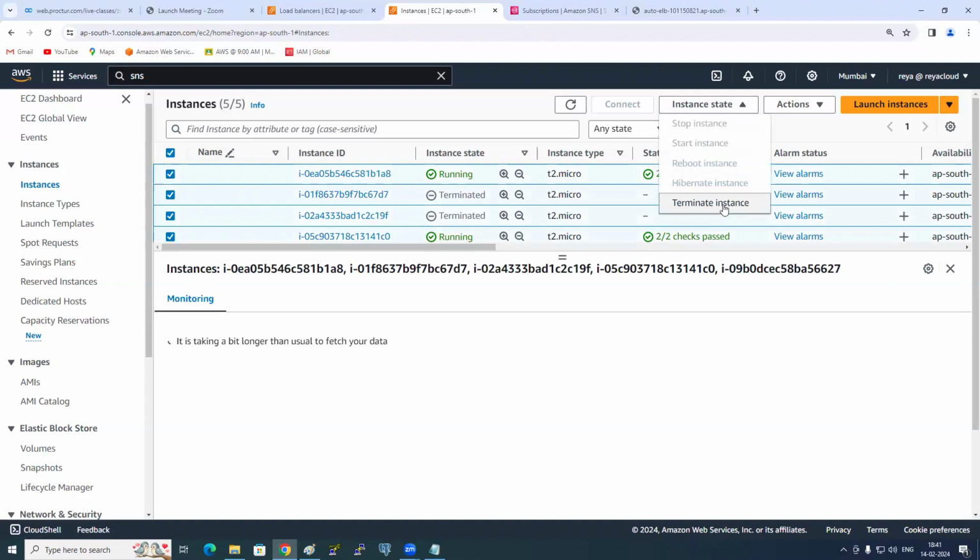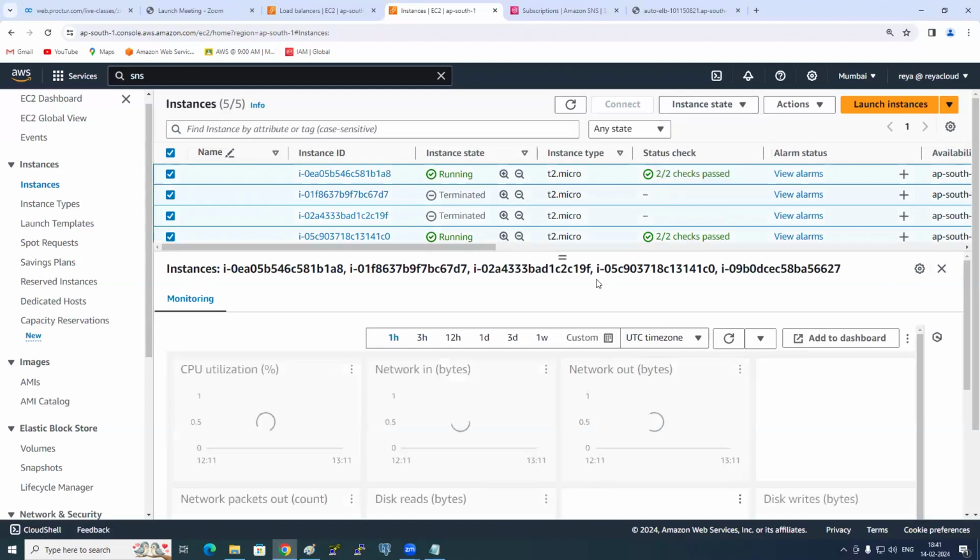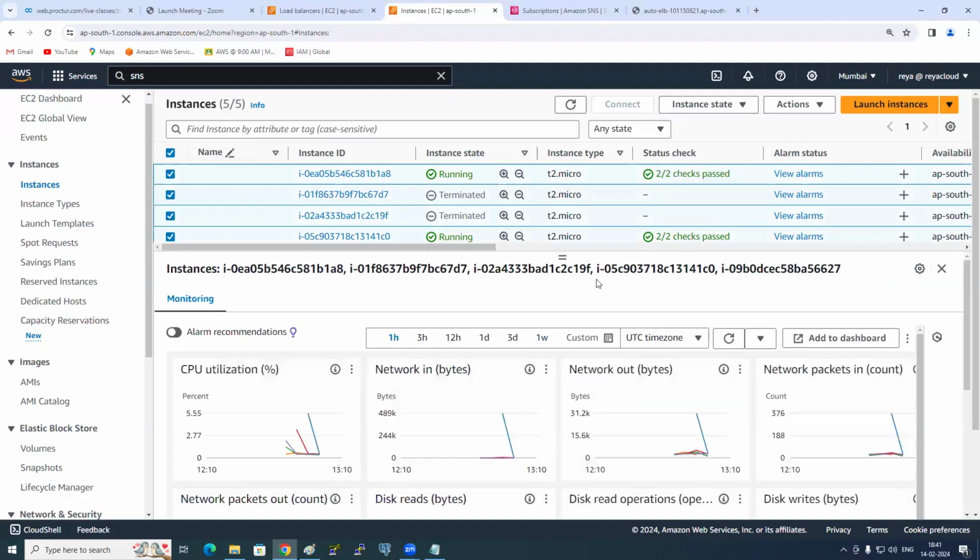If it is terminated, what happens? The auto scaling group launches an EC2 instance again, because the auto scaling minimum value is 2, no? That means it will make sure the EC2 instances in the group are never 0. So when she terminates, auto scaling launches. She terminates, auto scaling launches. And she thought some ghost or someone was doing something inside.